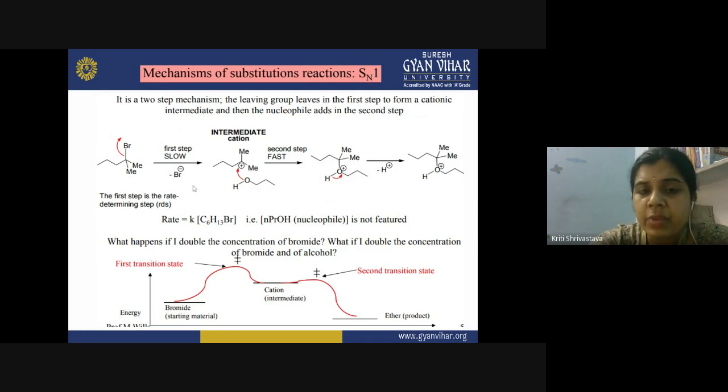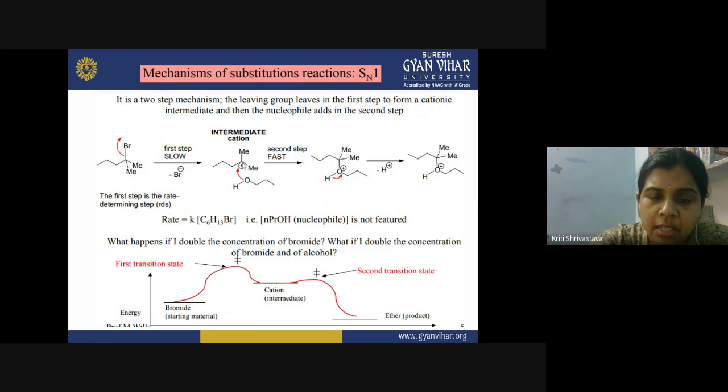So in the first stage, what happens? It is a slow step and therefore it determines the rate of the reaction. So in the first step, the leaving group leaves the molecule, and as a result of the removal of this bromide ion, now you can see the curved arrow here. It is showing that the shared electron pair is going away from the carbon atom and shifting to the bromide. As a result, a bromide ion is separated from the molecule. It is the leaving group and it leaves the molecule first. So the leaving group leaves the molecule and you get an intermediate cation.